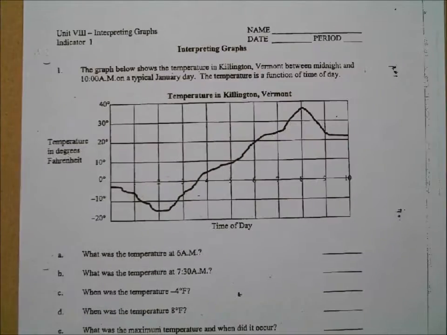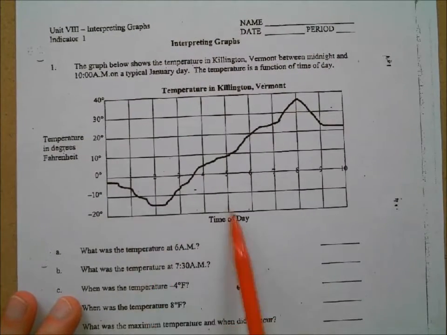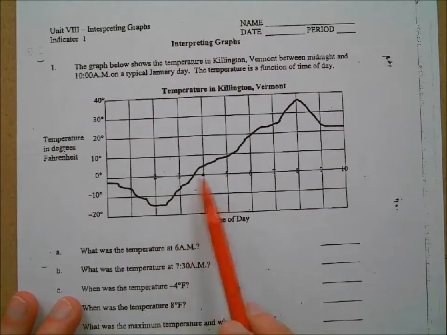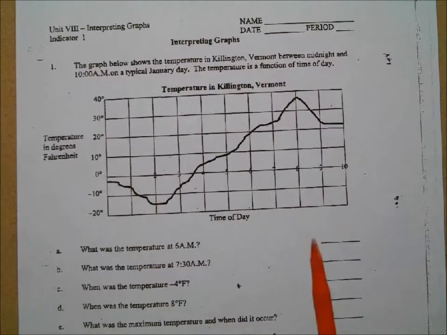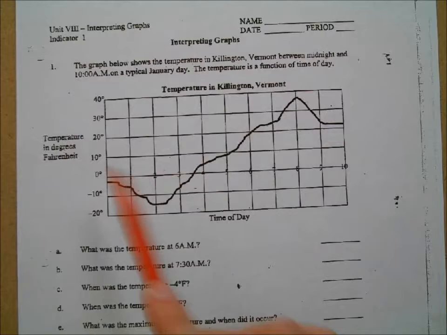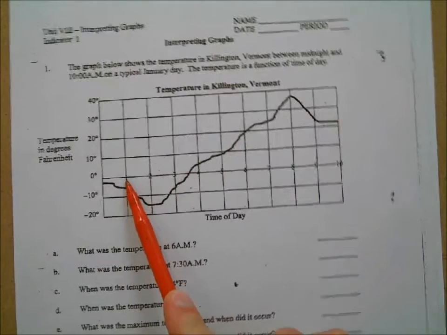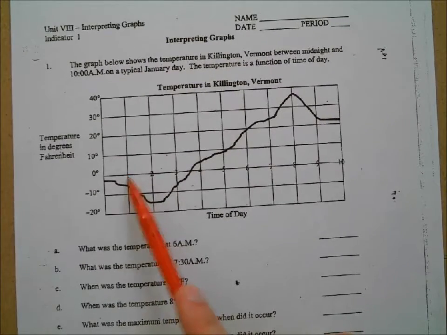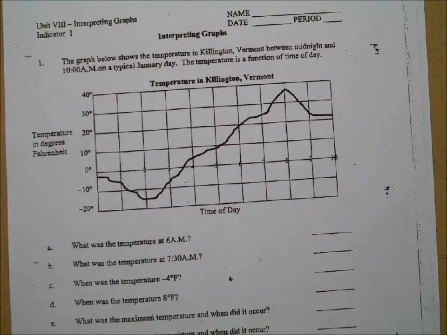Now, if you look here, it's saying the time of day is 1, 2, 3, 4, 5, 6, 7, 8, 9, 10. So what are these numbers representing? The time, but the time, like, so 1 what? 1 o'clock. 1 o'clock what? A.M. in the morning. Yeah, in the morning. Okay. 1 a.m., 2 a.m., 3 a.m., 4 a.m., so on and so forth. Okay, all the way up to 10 a.m. Okay, so that's important to recognize, right?